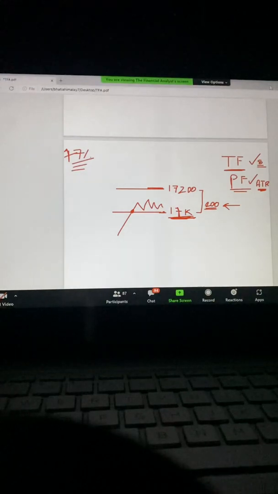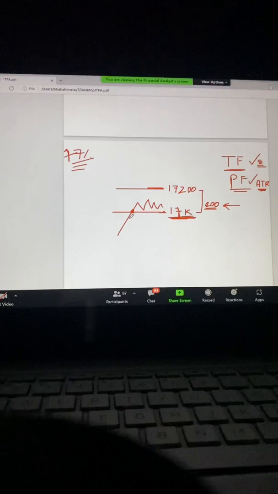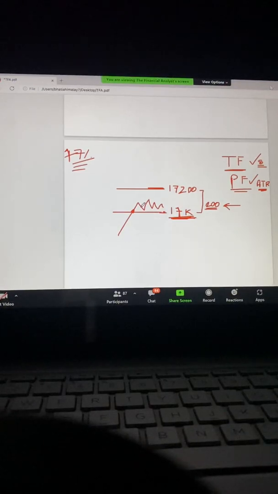Alright, I'll just take a couple of questions from the chat as well. Price filter, please repeat. So Abhishek, it's simple. If let's say there's a major resistance level, it breaks. Now you want to make sure that the breakout is genuine and it's not a false breakout. So what you do is you